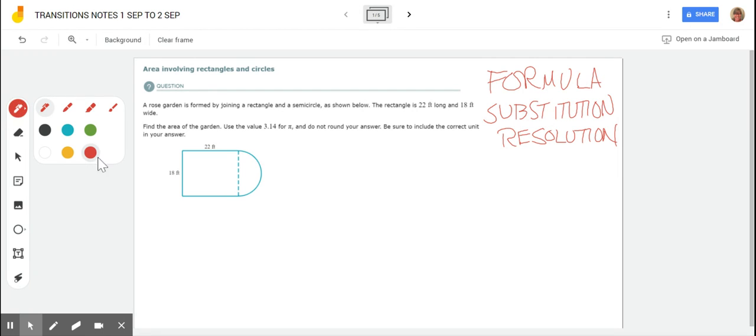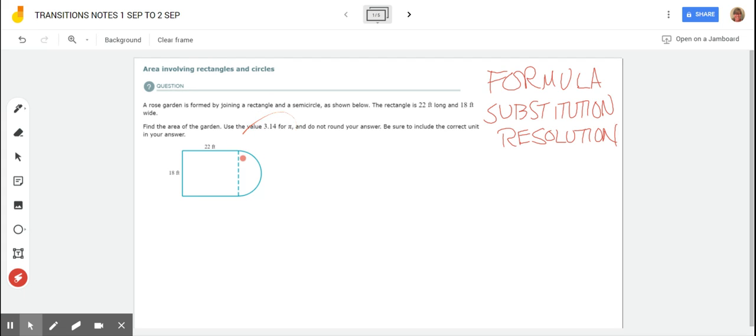Okay, so here we go. I pick green. Okay, let's read it. It says a rose garden is formed by joining a rectangle and a semicircle as shown below. The rectangle is 22 feet long. Look, they even put it for you. And 18 feet wide. Find the area of the garden. Use the value